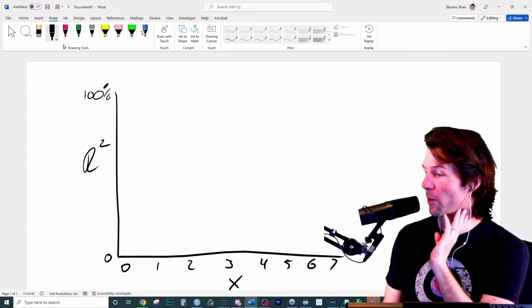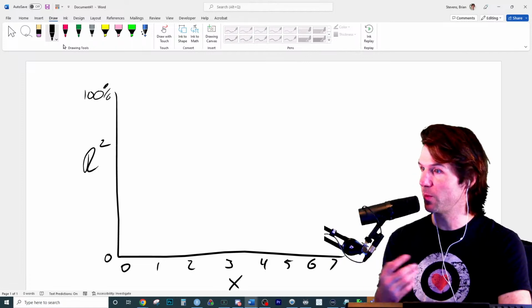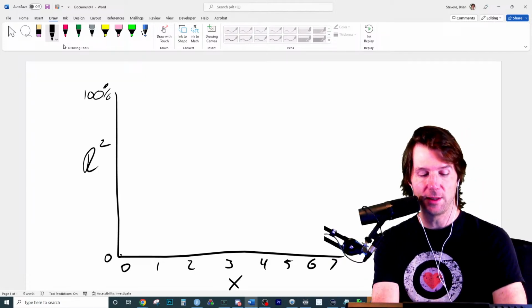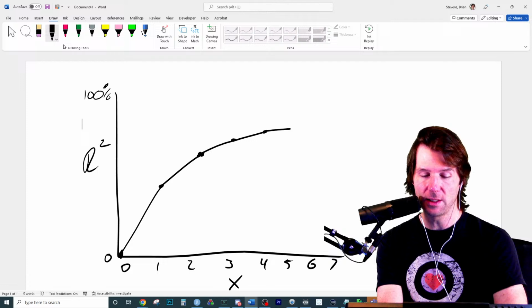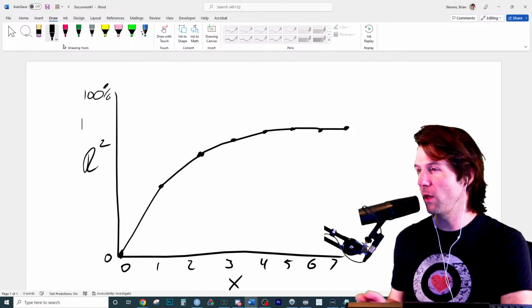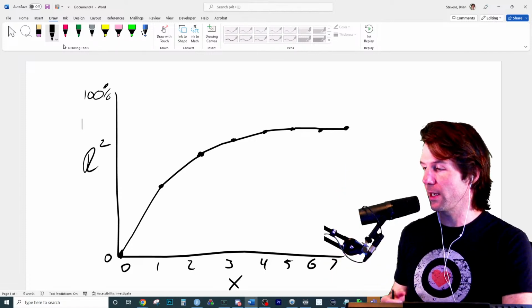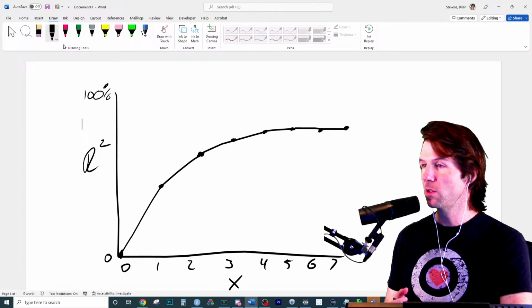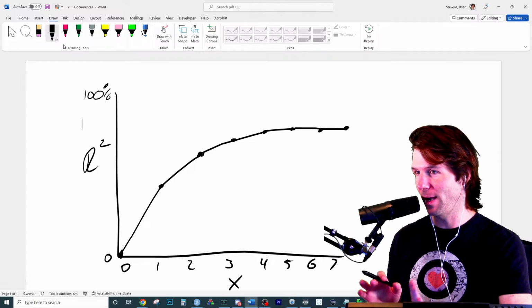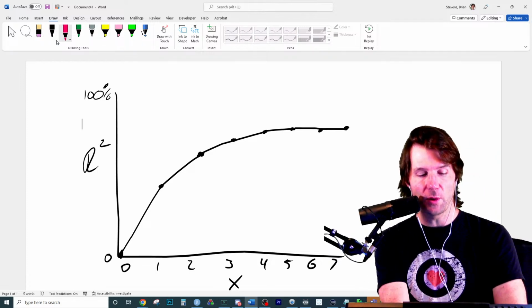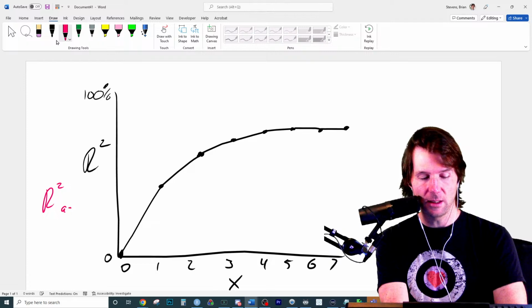This is just like decision trees with more splits. R squared increases when you split the tree more, or you put more x's in. So R squared with no x's would start at 0 because you're at the naive model, and then it goes up, and then it goes up. This kind of looks like the split history, right? If you've done decision trees in 201, it looks like the split history. Now, there might be small increases, but each x would add in new variation. So think about this. There's probably got to be a way to say maybe we should stop adding in x's. So what we have is a value called R squared adjusted.